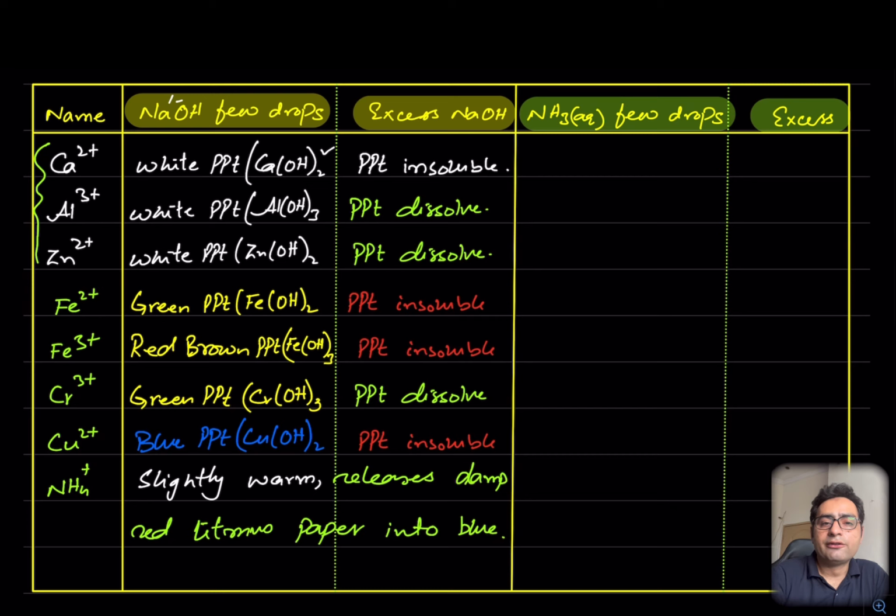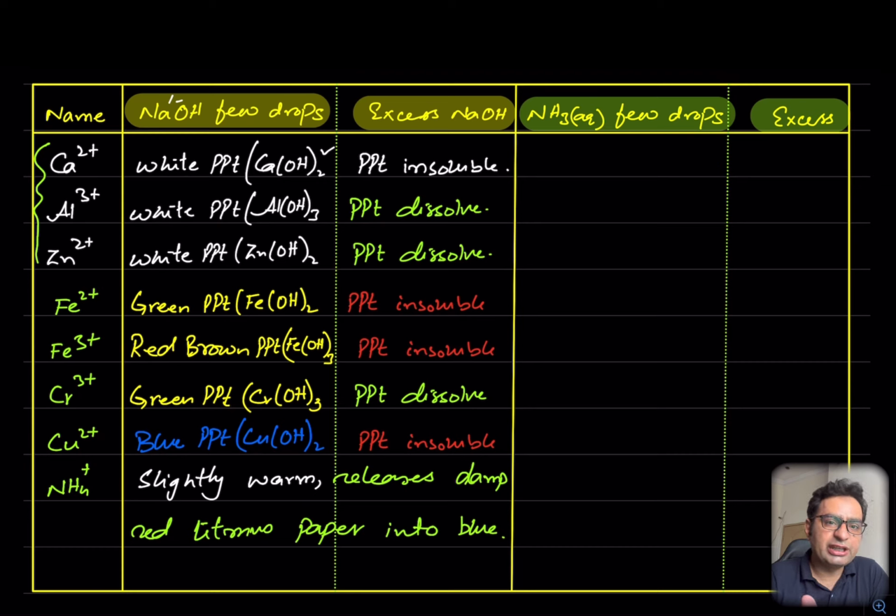Again, I repeat, white PPT is given by calcium, aluminum and zinc. Out of these three, the precipitate of calcium will remain insoluble. Aluminum and zinc will get dissolved. And iron 2 forms green precipitate, and all the colored precipitates will be insoluble except one, that is chromium